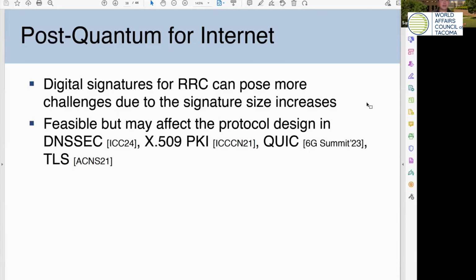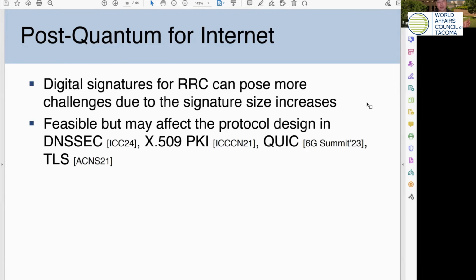So taking those ciphers, we actually tried to test the feasibility on different internet protocols, including DNSSEC, so domain name system security, PKI, which is public key infrastructure, QUIC protocol, which is the newer, next generation version of TCP/TLS, as well as transport layer security, TLS. We had very positive results. The transition to post-quantum ciphers is feasible, but there are also some challenges